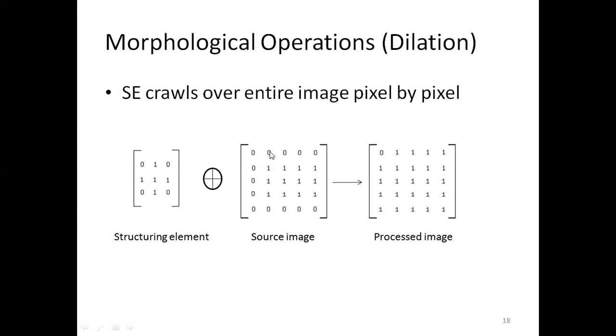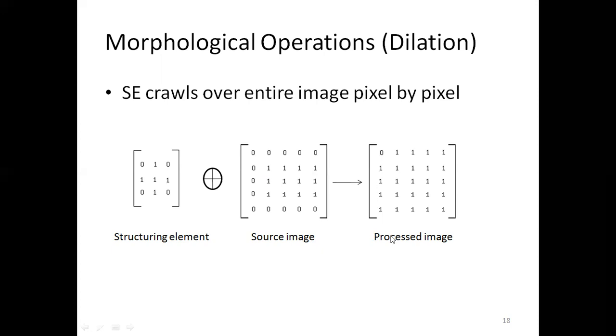So let's say the next pixel. Again, this structuring element is placed here, and we are checking the neighbor pixels. The neighbor pixel on the right is 0, this pixel is 0, but the bottom pixel has a 1 value. If any pixel out of 4 has a 1 value, then the processed image will have a 1 value. Like that, we can slide over each pixel, and it checks all 4 neighboring pixels. If any has a 1 value, it will be marked as 1.